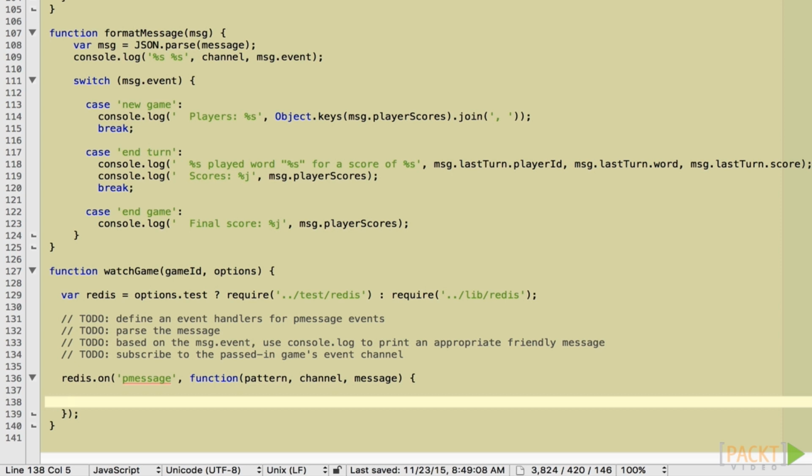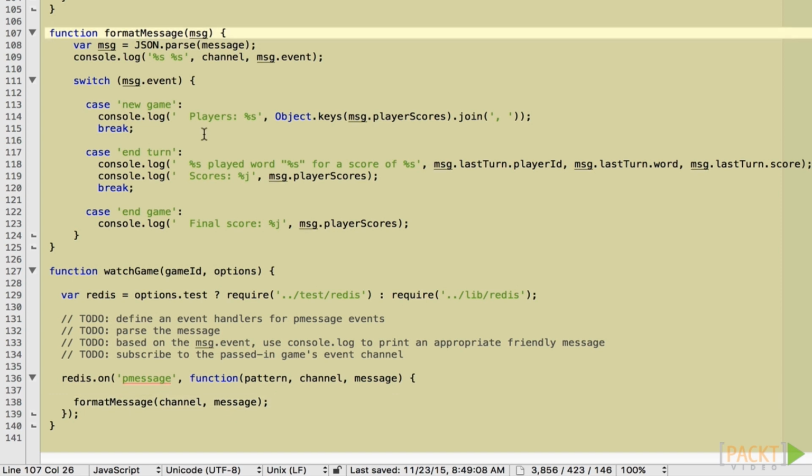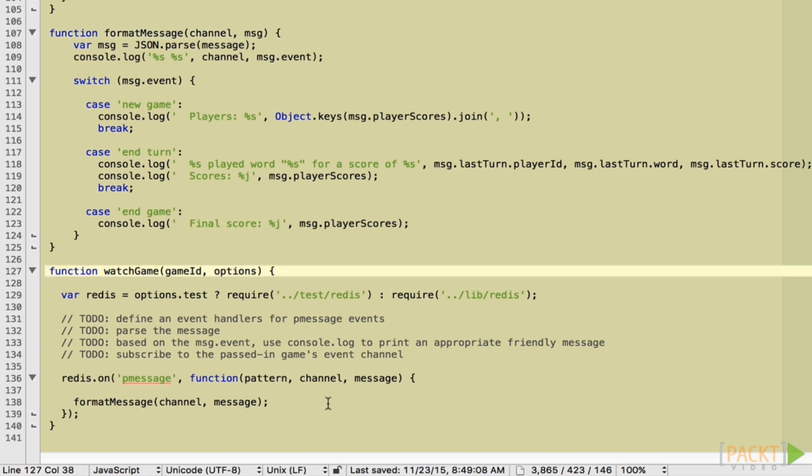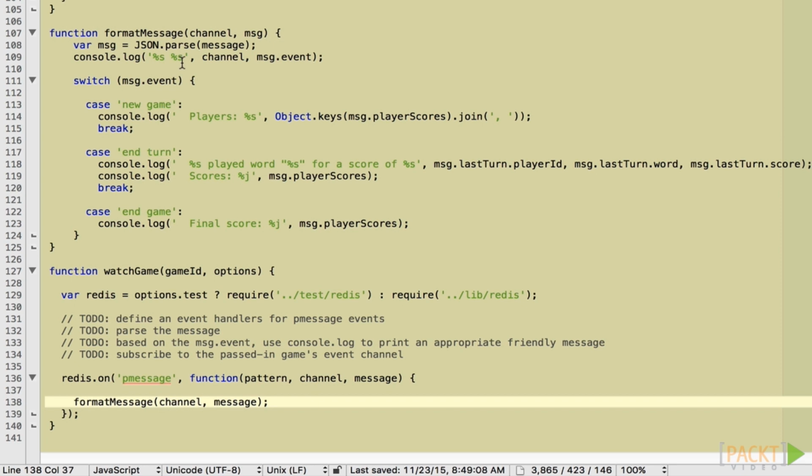Now in this, we're just going to call the function that I already created for you called formatMessage, rather than typing everything out again. And actually we need to make a small modification. Instead, we're taking the message here, but we also need the channel. Okay. So that's going to format the message, and as you can see, what it's going to do